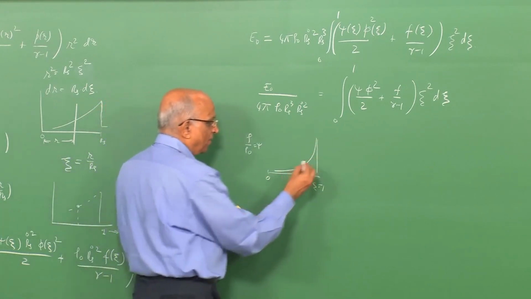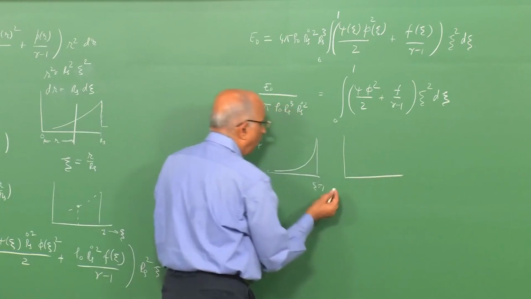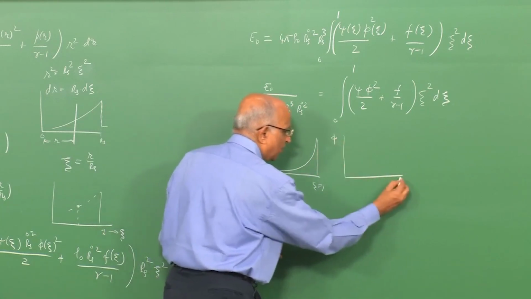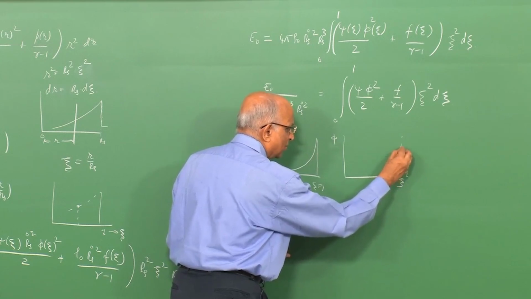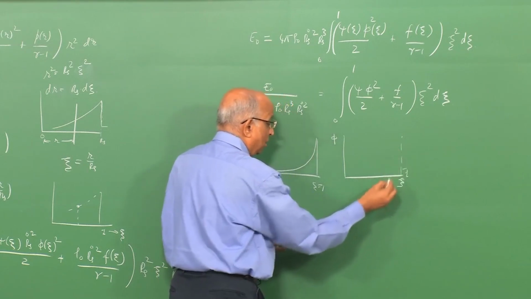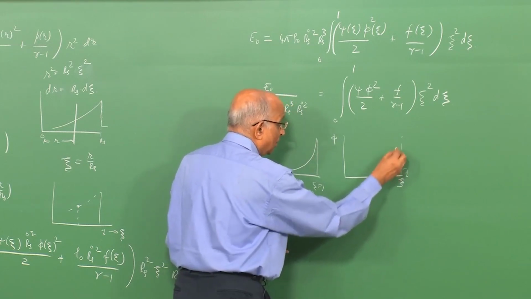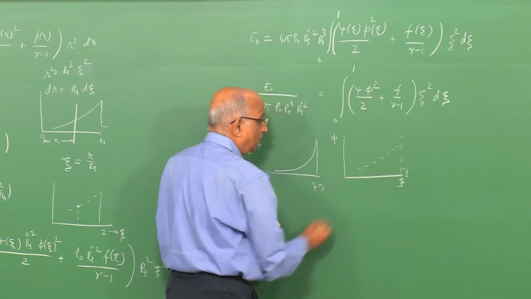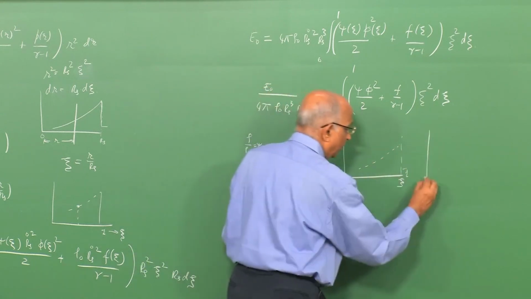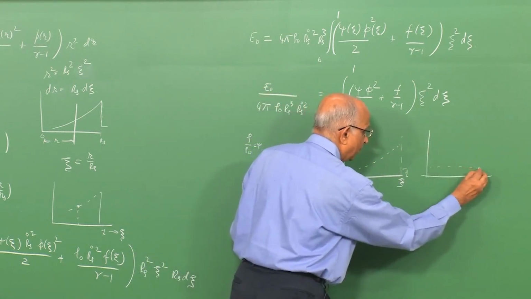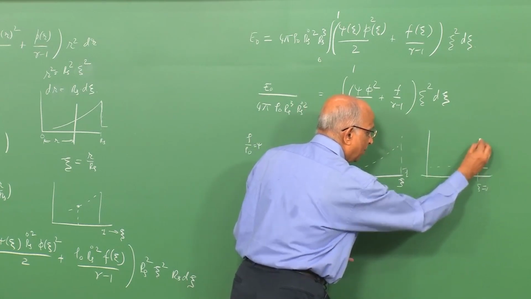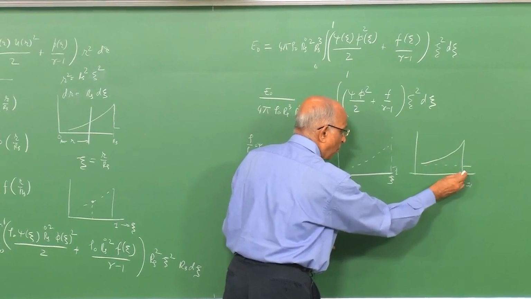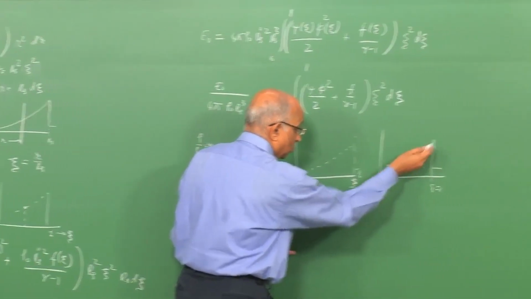Similarly, if I were to take the value of, let us say, phi as a function of zeta, at zeta is equal to 1 there is a jump in velocity, or a change in velocity, and there is a slope in velocity, and similarly for pressure, there is a jump in pressure at zeta is equal to 1, and that means between 1 and 0 there is a slope over here,